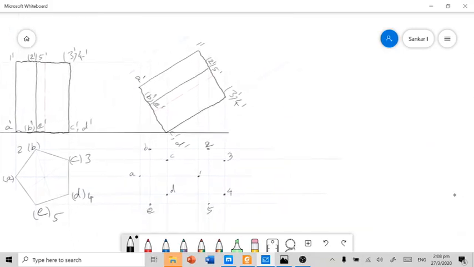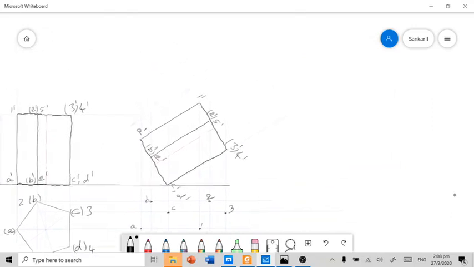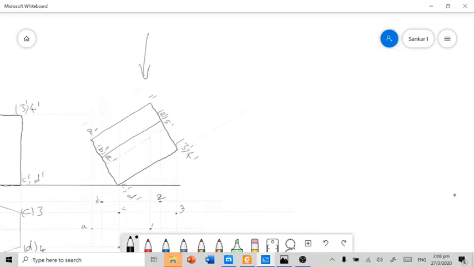Here you can see, now we are going to draw the top view for the current front view. For this, a 4-step condition is there.